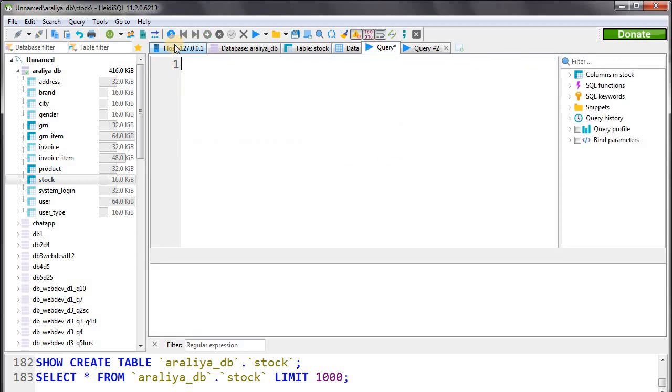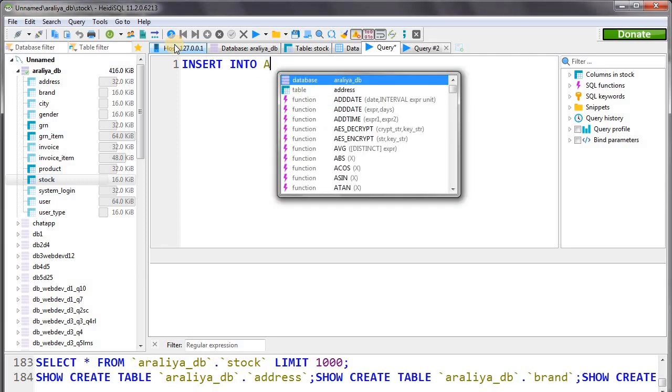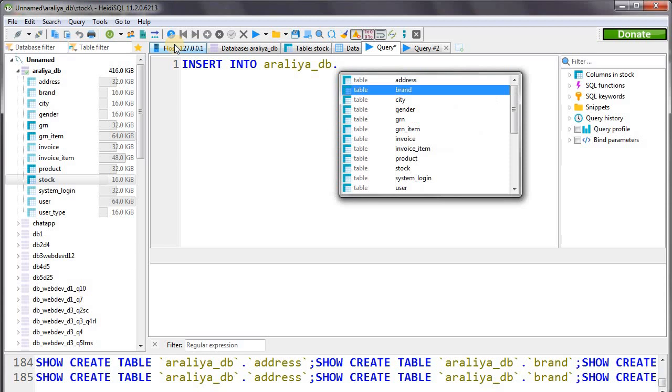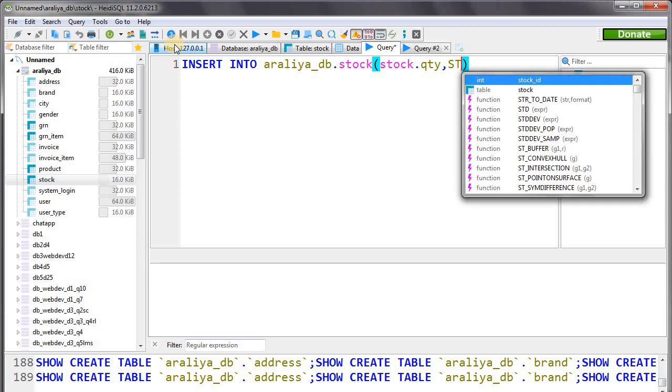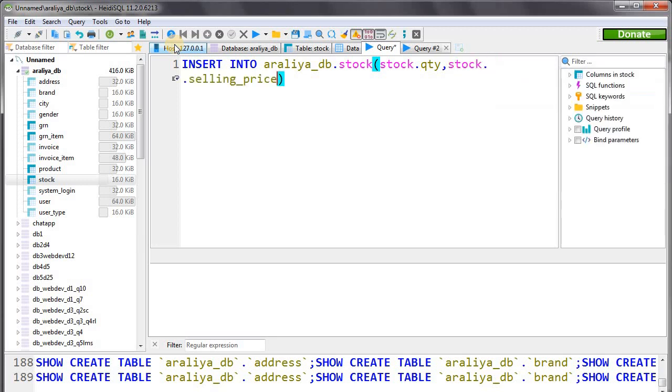So let's clear this insert query and write insert into AureliaDB. This time not the GRN item table, but the stock table, and let's mention our attribute names in the stock table: quantity and selling price.